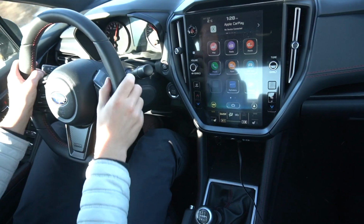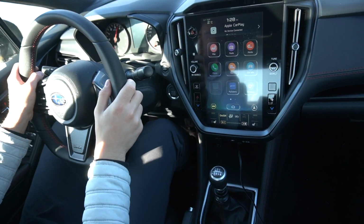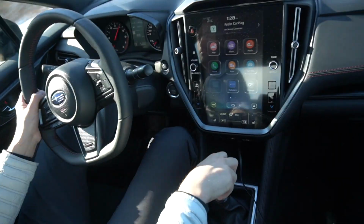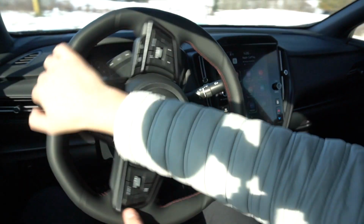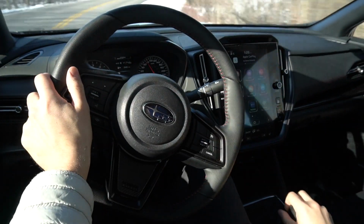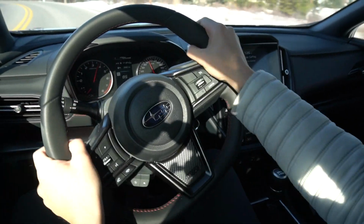But this 6-speed manual, all-wheel drive, and the characteristics that you would hope for out of this kind of sports sedan, it's got everything going for it, really. The brakes are tremendous, the clutch is heavy, the shifter itself is light but quite notchy, and this has to be the reviest 4-cylinder engine I've ever encountered. It only has a red line of 6,100 RPM, so the red line always appears a little sooner than what you'd actually like,